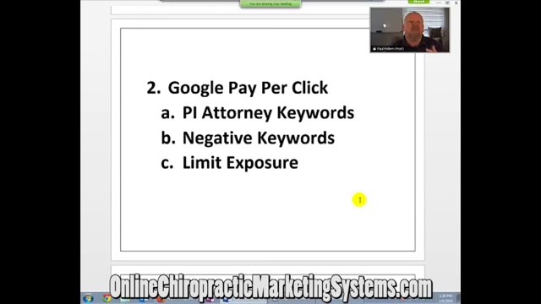You'd be wasting potential revenue in it being in front of the wrong target market. So that's what's called negative keywords. So you have to include negative keywords. And secondly, you want to limit exposure. And that means with Google, you have to restrain Google, because they will take your ad if you don't